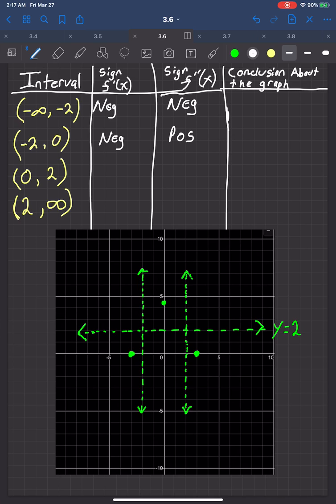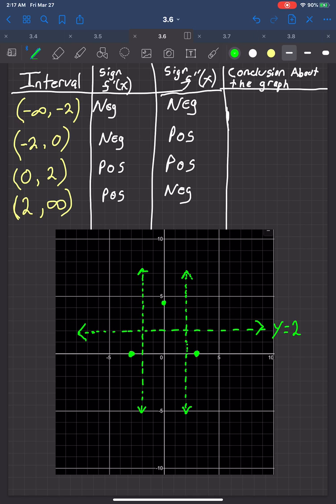If you pick a test point from 0 to 2, like if you picked 1 and plugged it in, to your first derivative, you get a positive number. To your second derivative, you would get a positive number. And finally, if you picked a point in 2 to infinity, like 3, if you plug that 3 into your first derivative, you would get a positive number. If you plug it into your second derivative, you would get a what? You would get a negative number. All right, now,